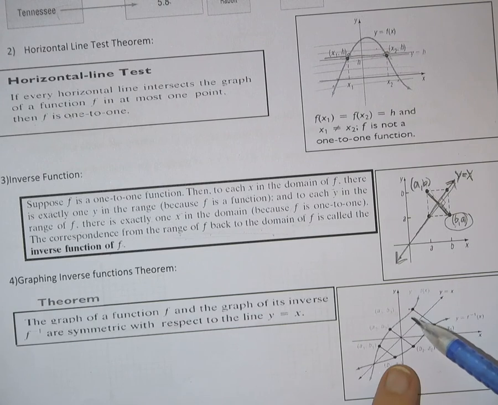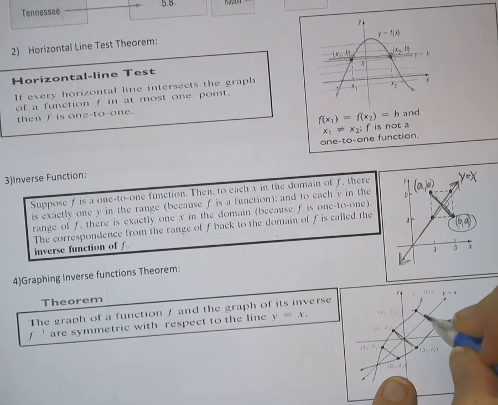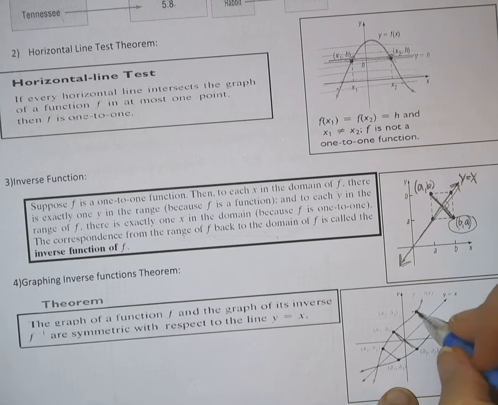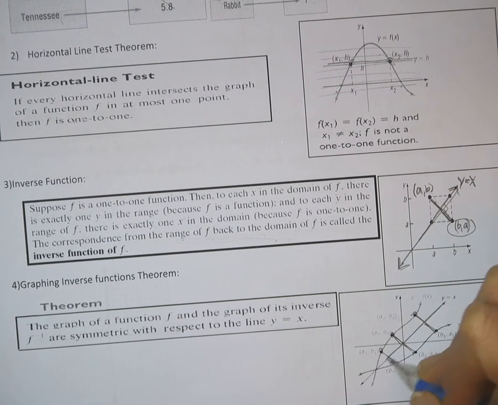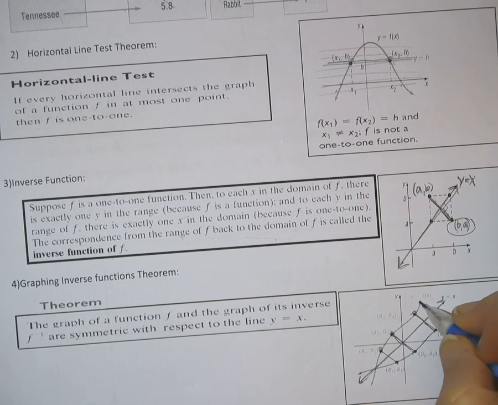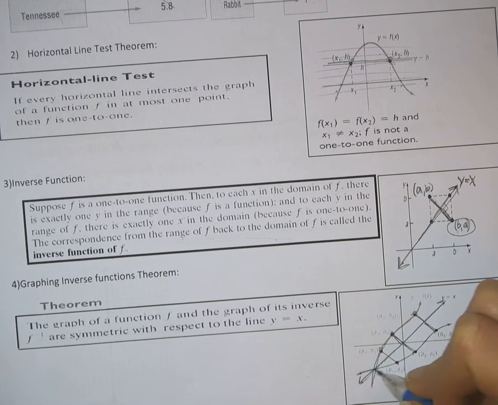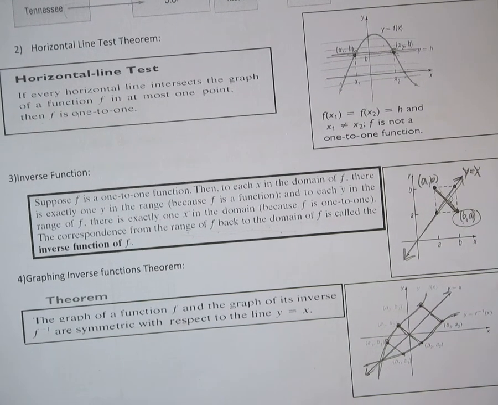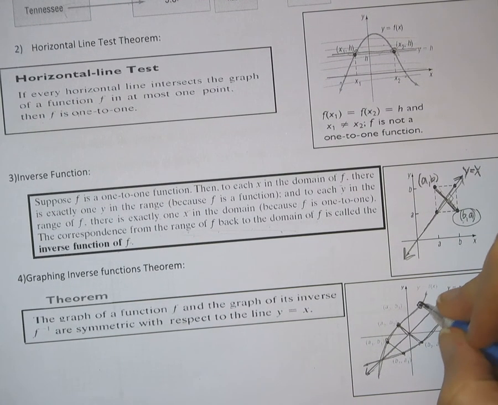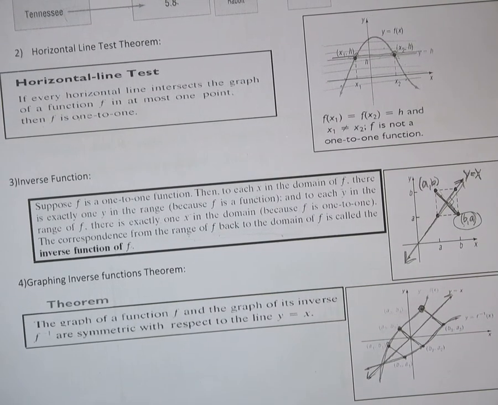The same should be here. So both of these should be the same distance away from this y equals x line when we graph a line and its inverse. Okay. So for this point, when I want to find the inverse,